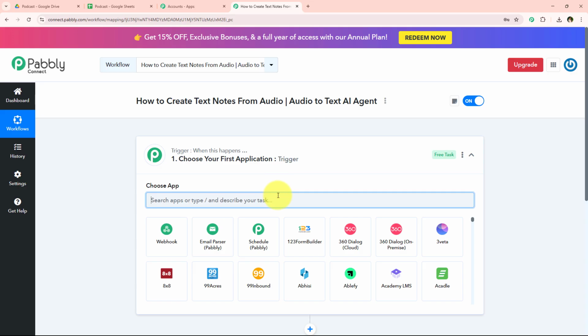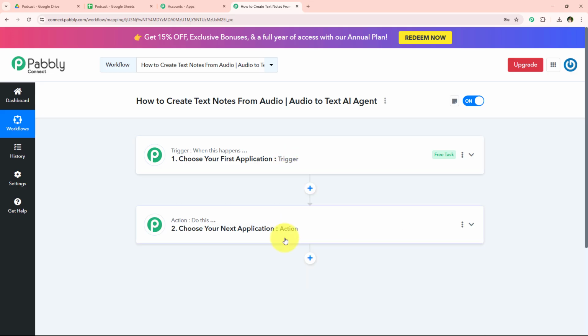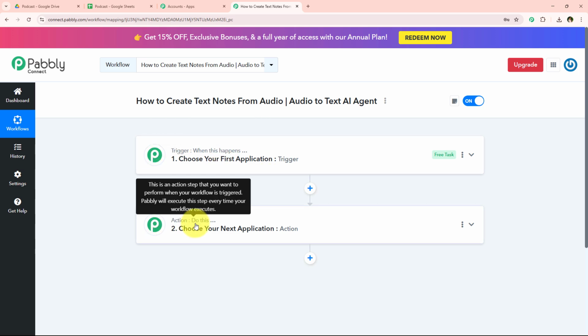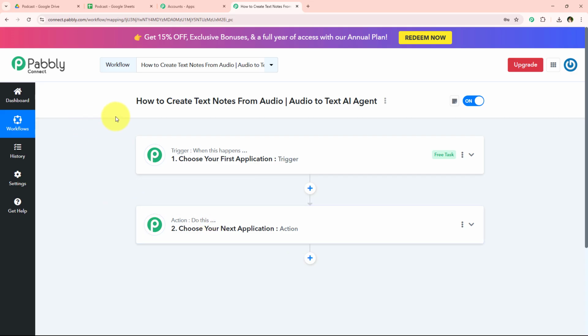So this is the most important window because we have trigger and action in this. Trigger and actions are the two main principles on which our workflow is going to run. Trigger means when this happens and action means do this. So by this you can understand that the actions are responses towards the commands given by our trigger, and that's the particular reason that we can have only a single trigger but multiple actions following the commands of a trigger